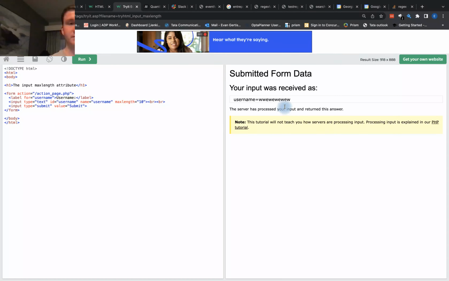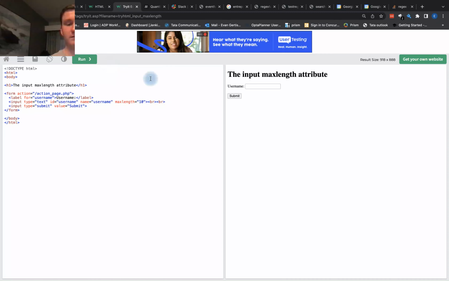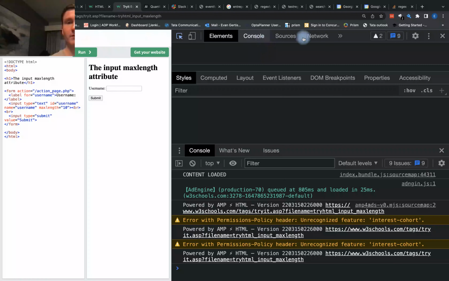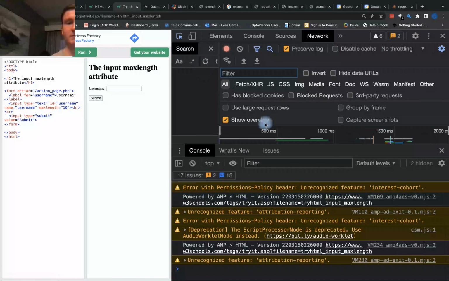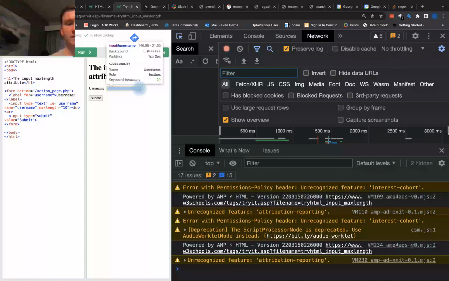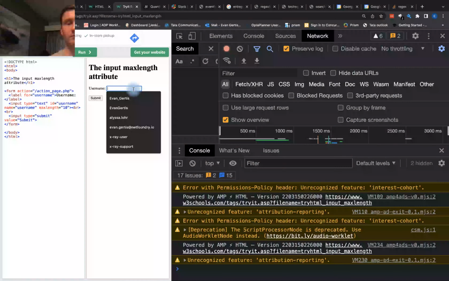So this is still submitting the form. This should be setting it to a maxlength of 10. So we can go ahead and see what we get when we submit this in the network. Let's go ahead in here and put in